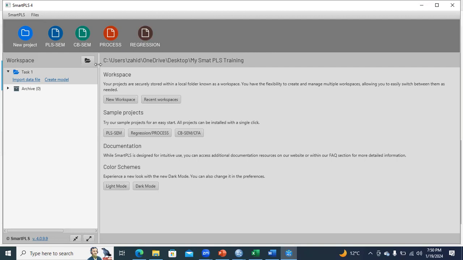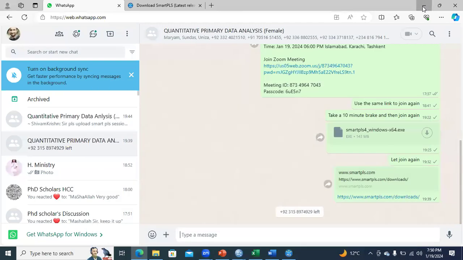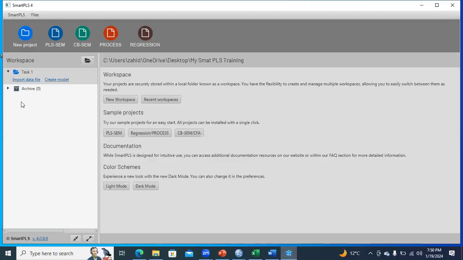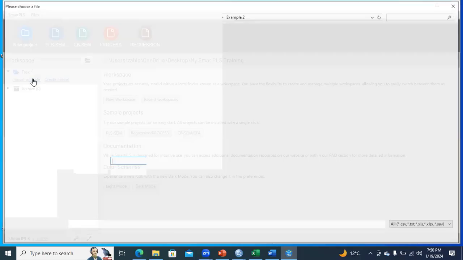and regression. Under task 1, you see two different options: import data files, and create model. First of all, you need to import data files, but before importing them, I will let you know that you should have a data file which is readable by Smart PLS. In the previous version, it was not possible for Smart PLS to directly load an SPSS file, but in this version, it is possible for